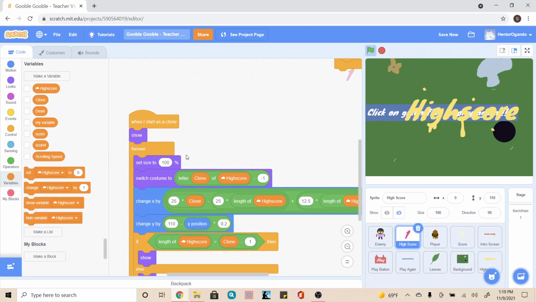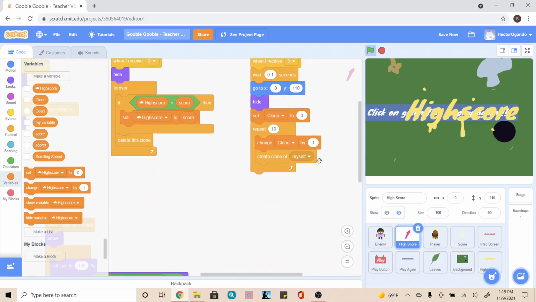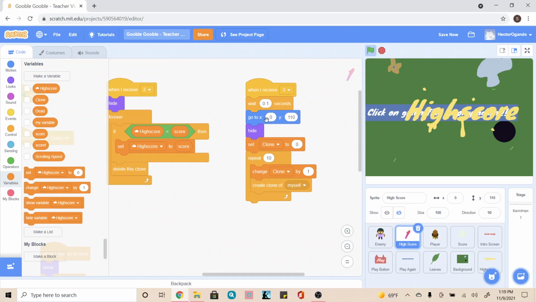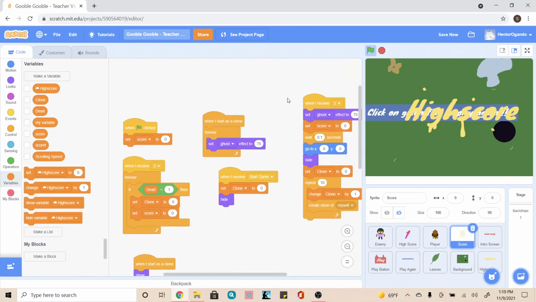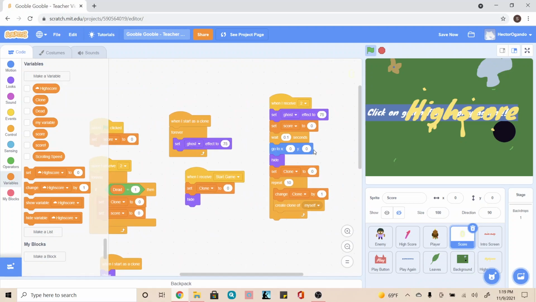Okay. If you need to set the placement, so the location where the high score is, you can go ahead and come up here and change it right over here in this go to X and Y block. And you can do the same thing for the score as well. If you need to change the position, you just have to go ahead and change this go to X and Y. So once you've tested it out, moved everything where it needs to go, make sure that everything is working,